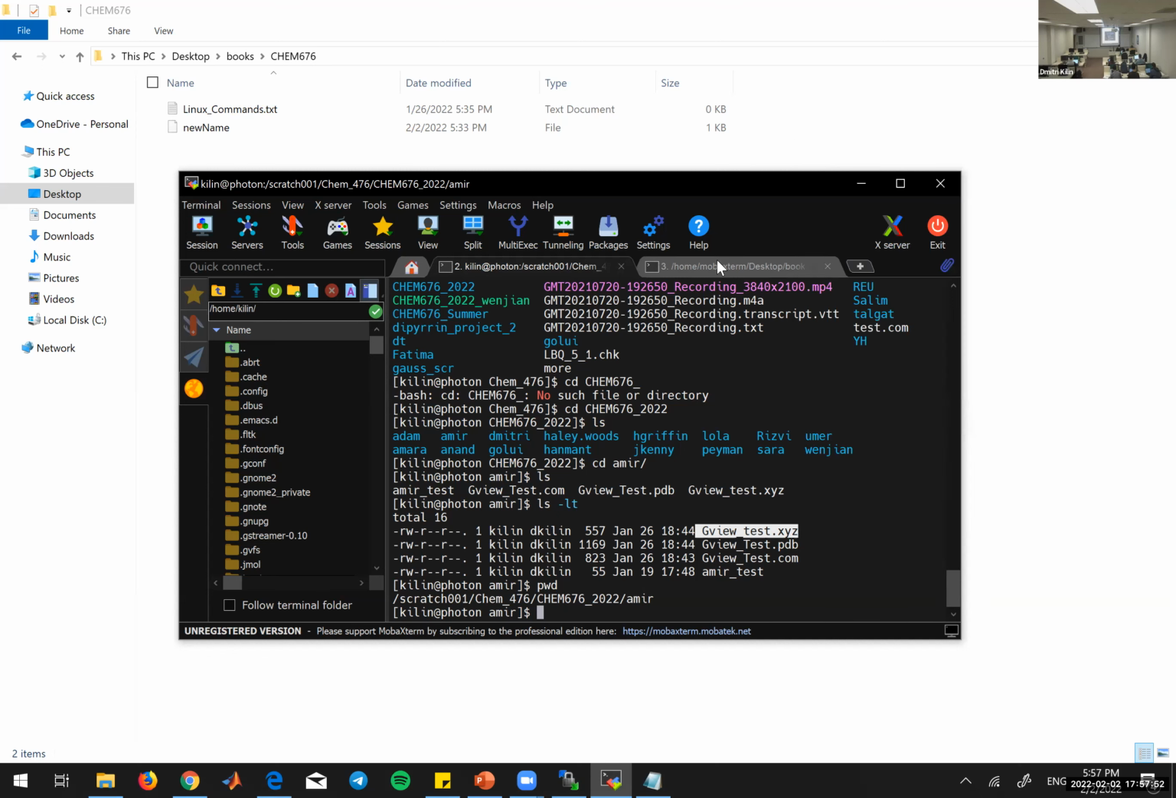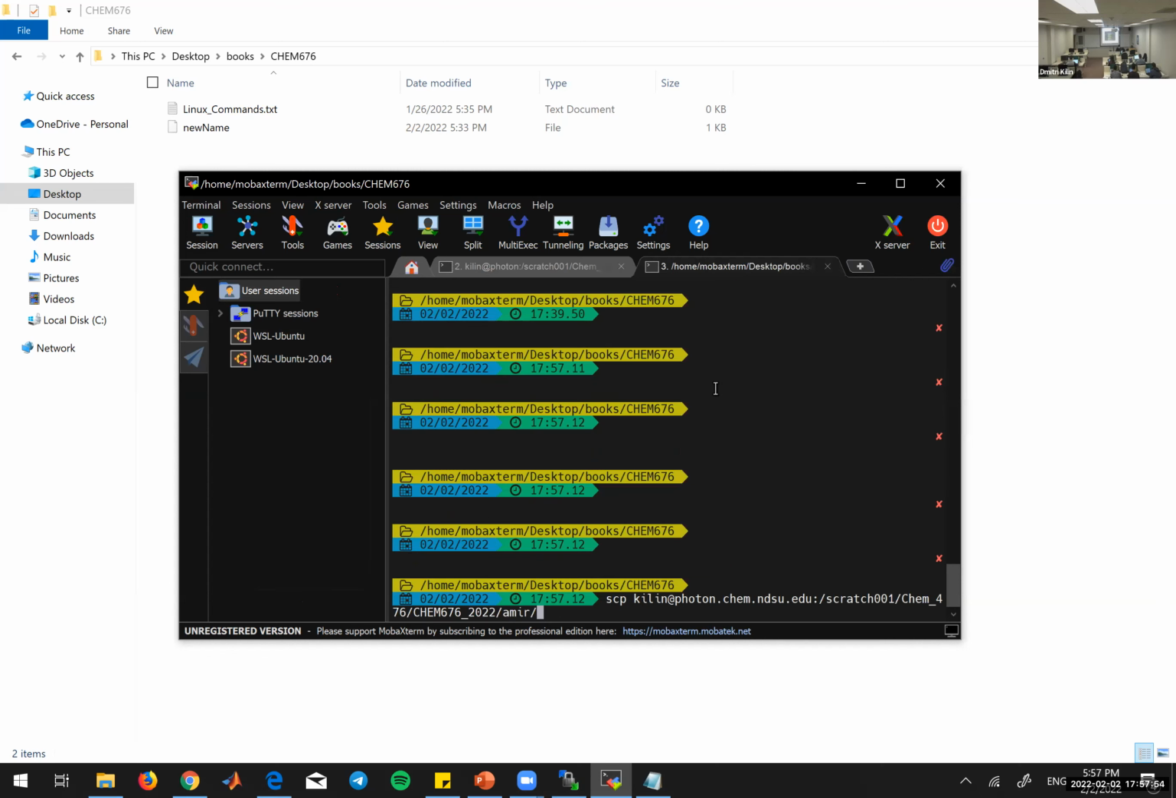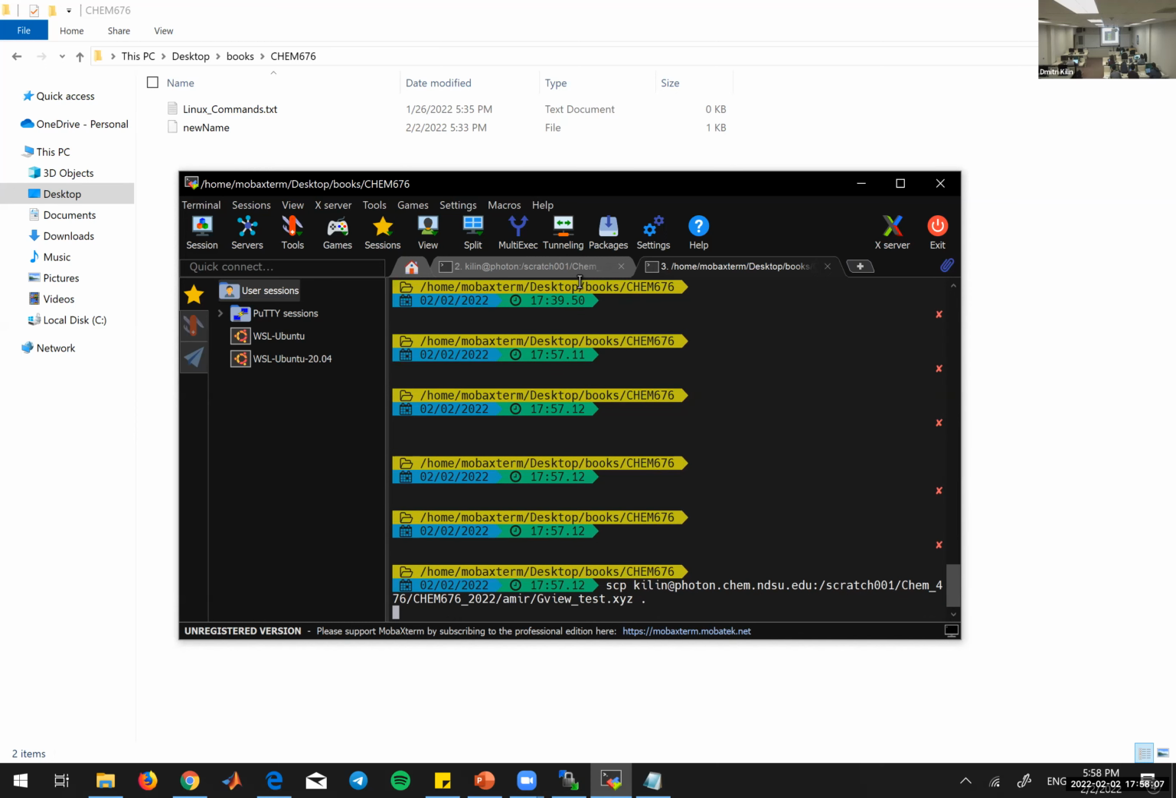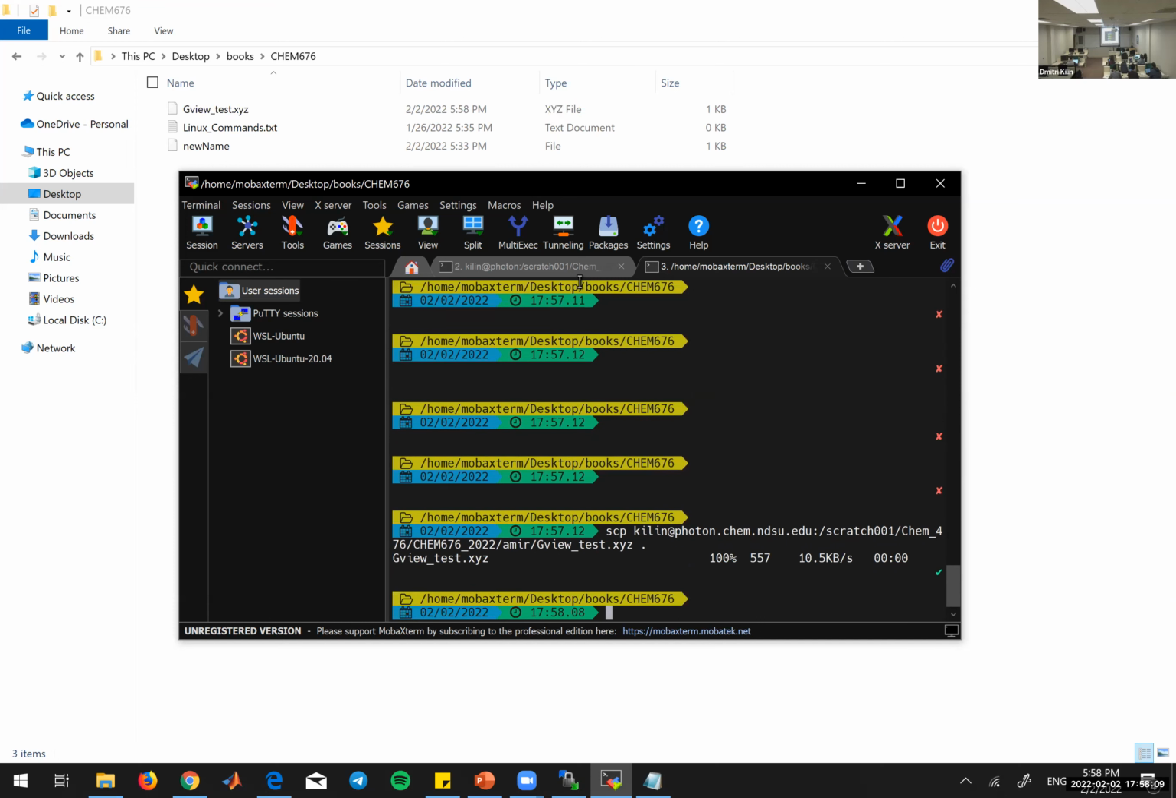Copy. Paste. There shouldn't be a space between slash and gview. Space period. And here one types the, oh, okay, you have remembered the password. Now